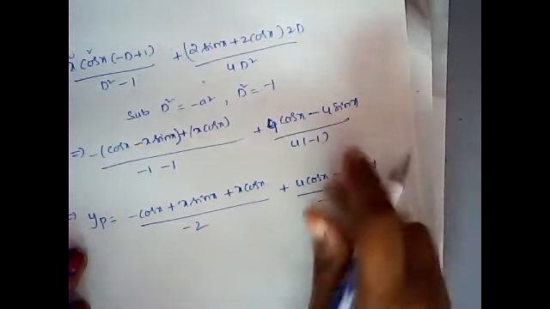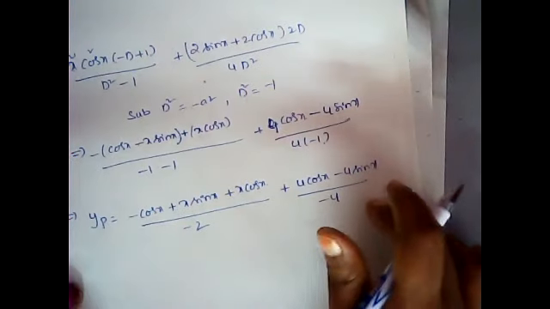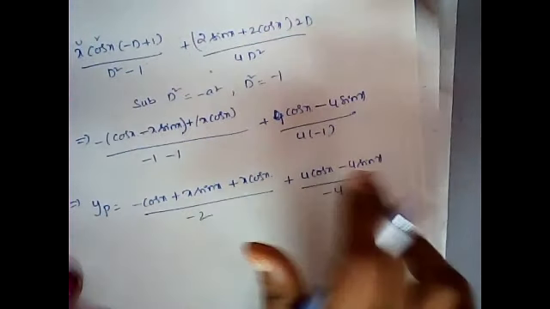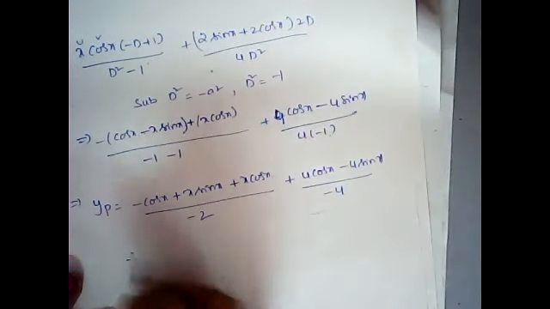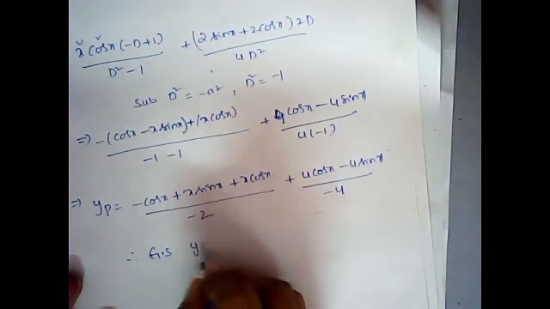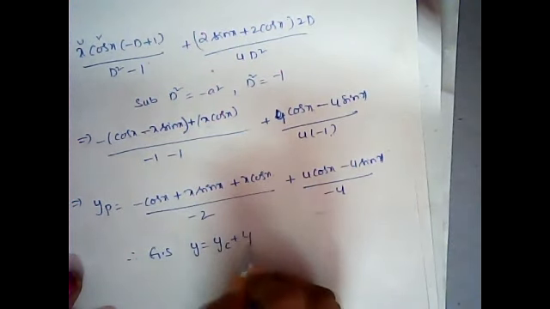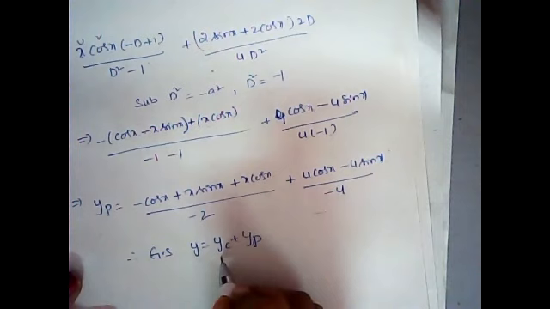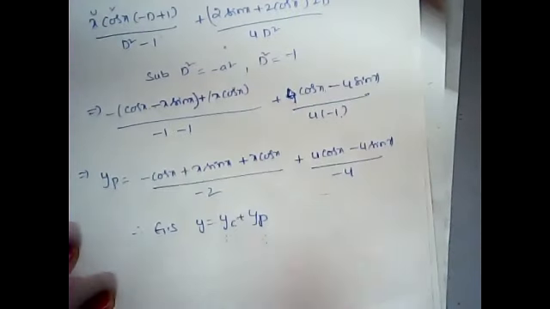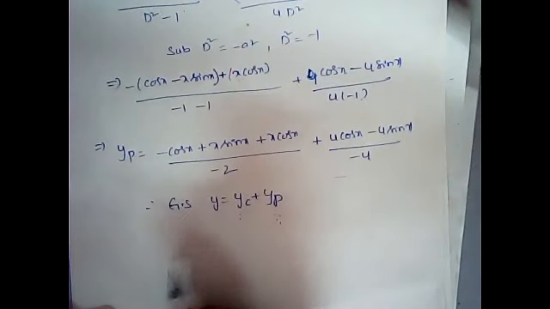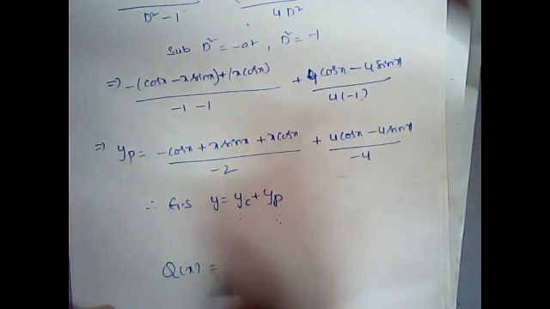If you want, we can cancel the 4 here also. Okay, so this is our required yp here. So therefore, the general solution is y is equal to yc plus yp. So whatever yc we got, we need to substitute here, and whatever yp we got, we need to substitute here. Okay, in this way we need to do the methods, where the methods we have covered is